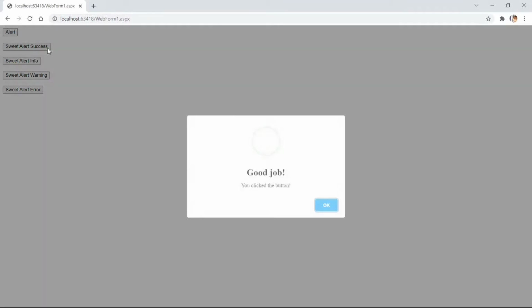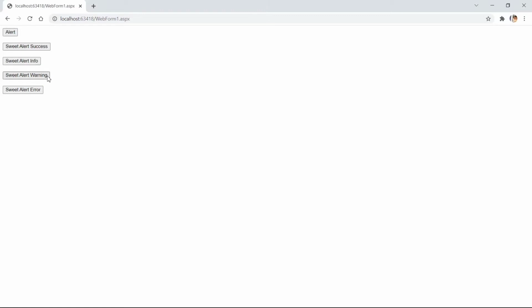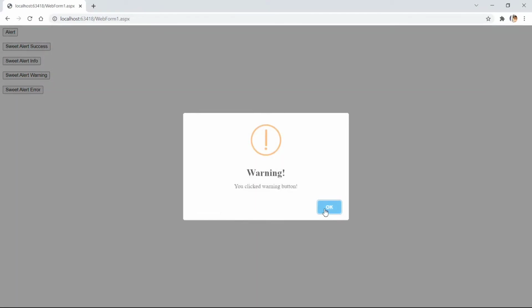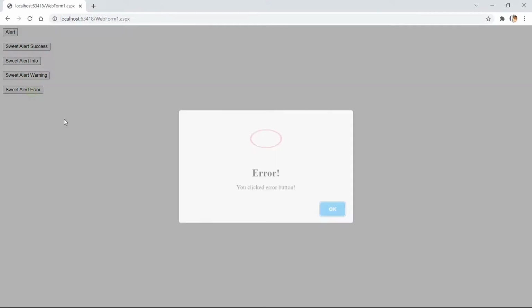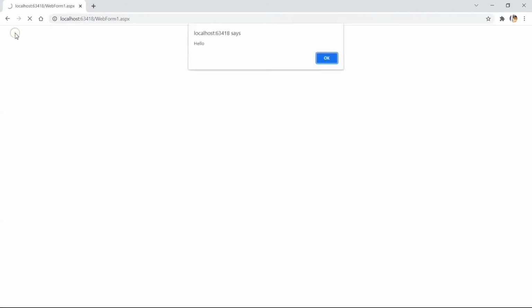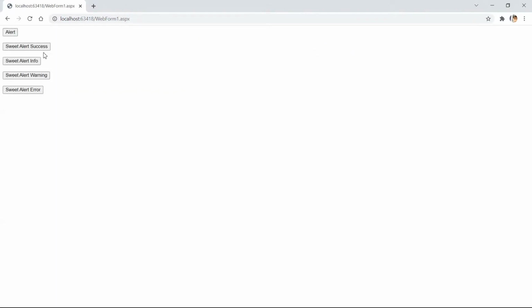So we have already seen this success one. Now let's see the info one. Okay, it will look like this. Then warning, error. Okay, so we have seen the normal alert message, then our sweet alert: success, info, warning, error. All four types we have seen.